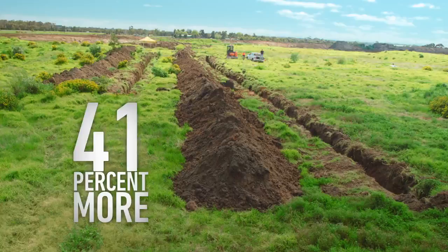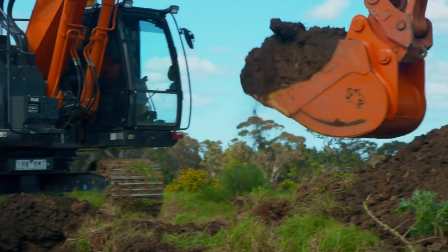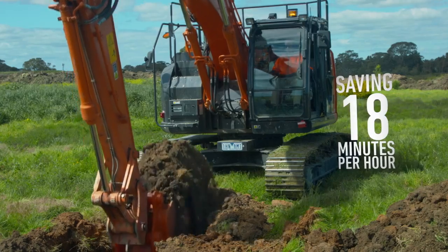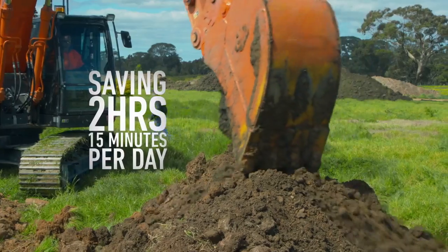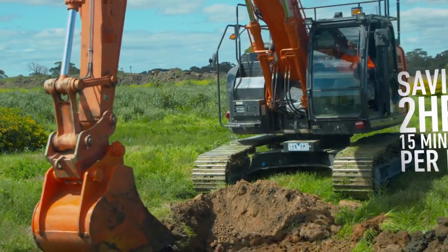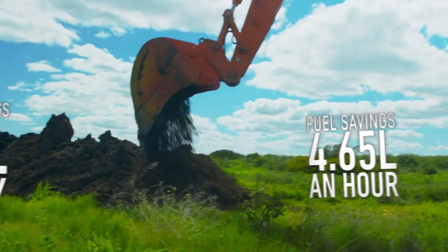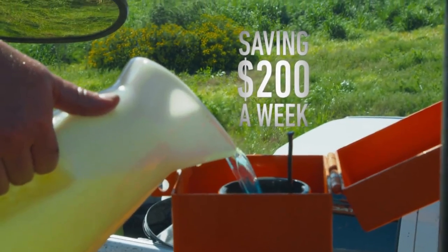Now, looking from a savings perspective, using the EI engineering bucket, the first trench would have been dug in only 42 minutes. This is saving 18 minutes an hour, or 2 hours 15 minutes per day in operator digging time. At $45 an hour in wages, this is a saving of $506 per week. And fuel reflected savings of 4.65 litres an hour, or 33 litres of fuel a day, around $200 per week